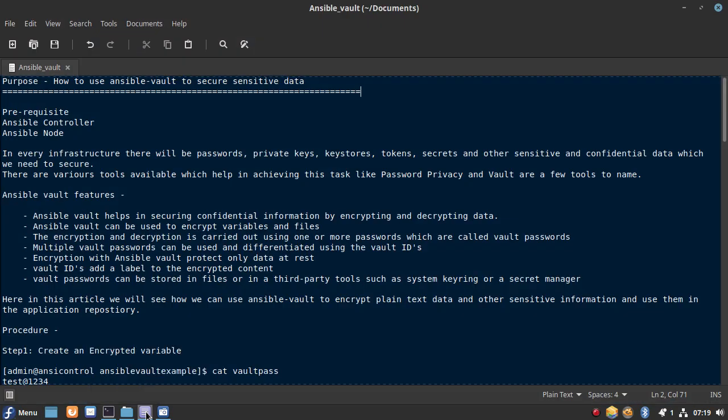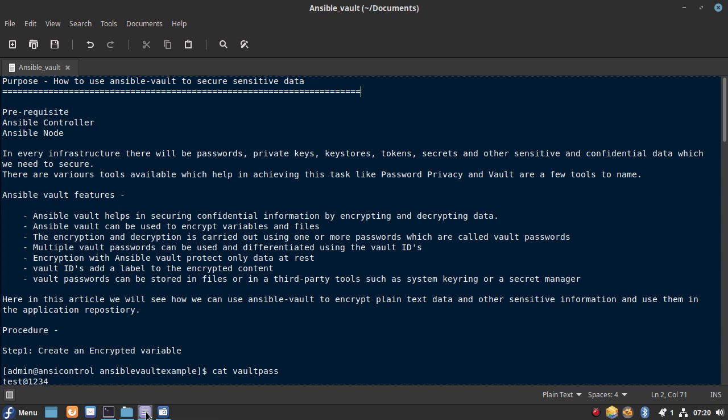Last week we have seen how we can use Playbook with a simple example, like we have used Playbook to set up Jenkins service. So today we will be looking at Ansible Vault.